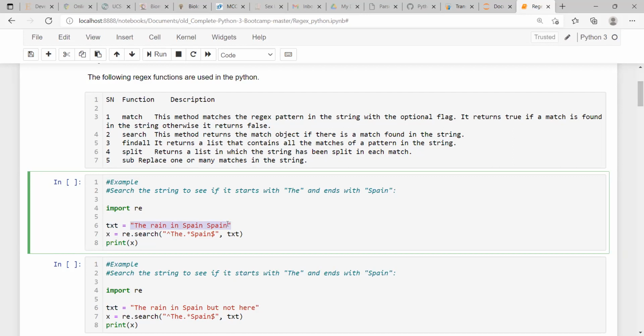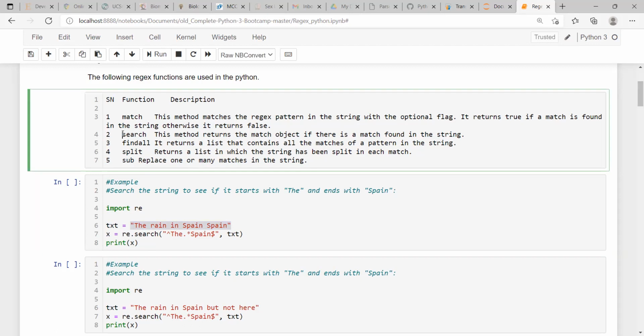Now we are using the search function, which is available in this re module.